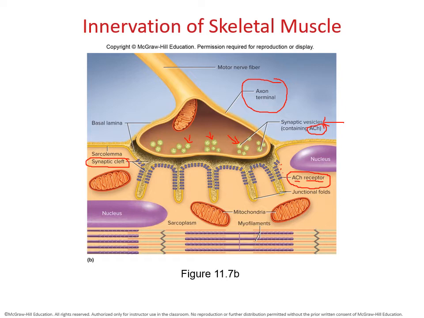And that is how it's going to be able to establish a direct communication between the axon and the muscle cell itself. The other thing I want to show you is that when you look at the acetylcholine receptors and the sarcolemma, notice how in the synaptic cleft, the sarcolemma has these finger-like folds. It turns out that these folds are called junctional folds. Their purpose is to increase the surface area. By folding inwards, it creates a larger space for the sarcolemma to add even more acetylcholine receptors. And the more receptors you have, the quicker you can respond to the acetylcholine that's being released from the axons.